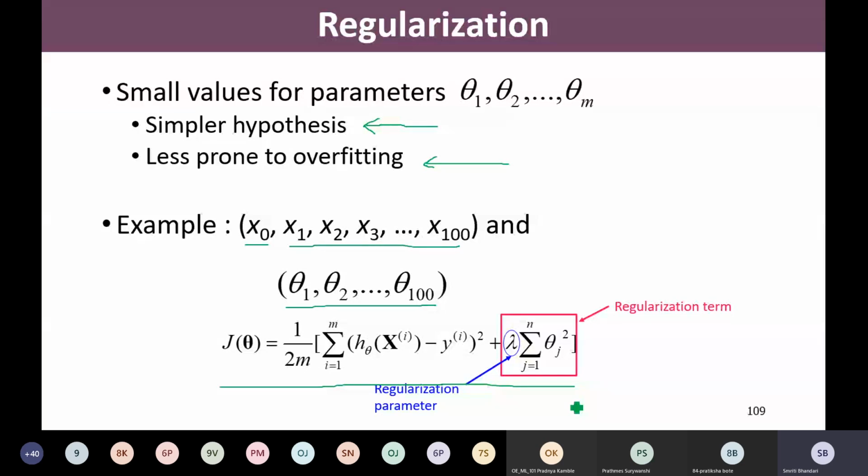I know these are a bit complex terms to understand, and the concept is somewhat complex to understand, but this is really very important. We are not going into the mathematical proofs or details, but only remember that if we want to address overfitting, one of the solutions is to introduce this term of regularization.